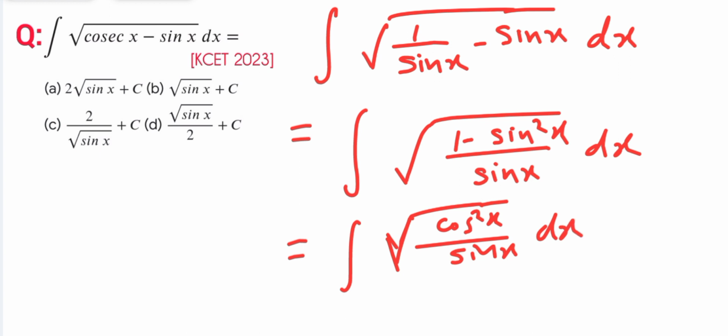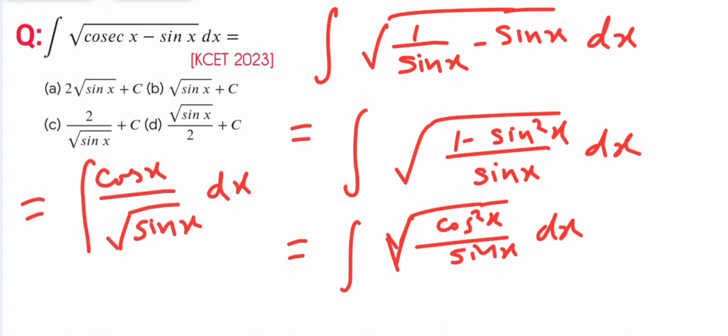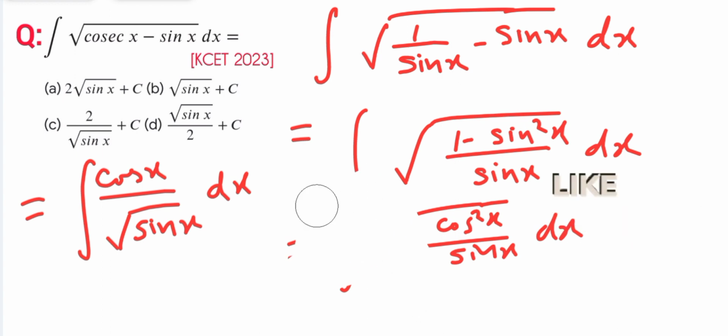So I reach till here. Now if I remove the root, the numerator root over cos square x will be cos x. So in the numerator the root will finish and only cos x remains, and the denominator will be root over sin x. The root will be there because the square term is not there. So I got something like this. These steps were just for simplification, where I put cosec x as 1 upon sin x, and we reach till here. Now we are going to do our integration from here, so I am erasing all these things.